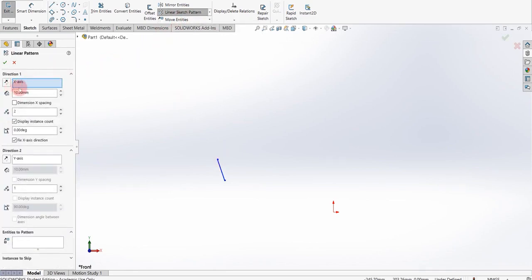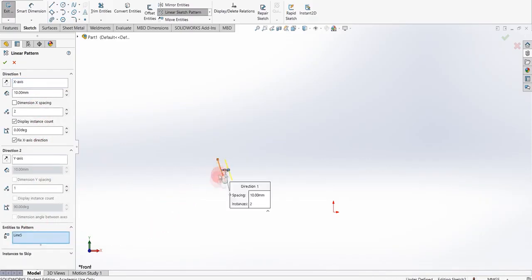You have to select first about what axis you want the pattern. Here by default x axis, and then you need entities to pattern. Here you select which entity you want to pattern, and you can define the distance between two entities. As I select 200 mm, as you can see the distance between lines is 200 mm.